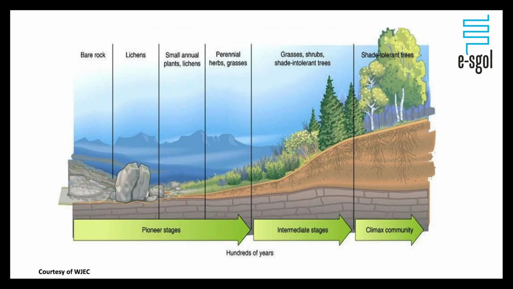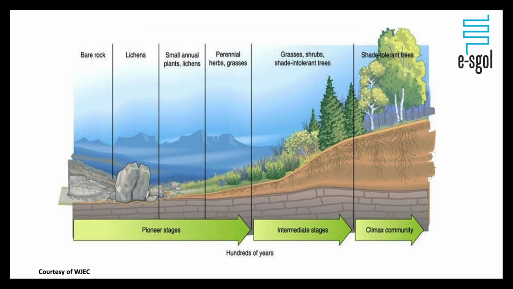We're now going to spend a little bit of time looking at this diagram. This diagram summarises succession very nicely for us. So at the beginning we can see we've got the pioneer stages. Here in the pioneer stages we start with the bare rock at the very left of our diagram. There are no plants or any sort of species here living on the bare rock. The bare rock then gives way to lichens, and lichens will colonise an area. They are a pioneer species. Spores will blow into an area and they will start to colonise the bare rock.